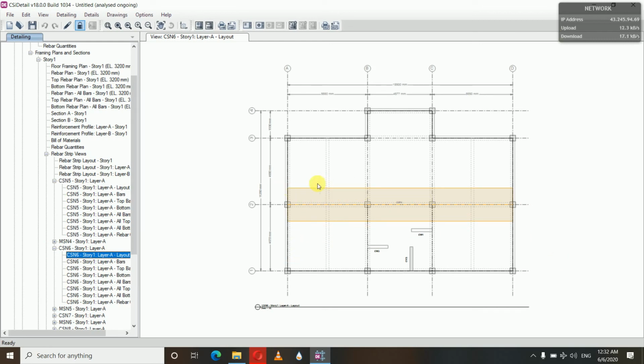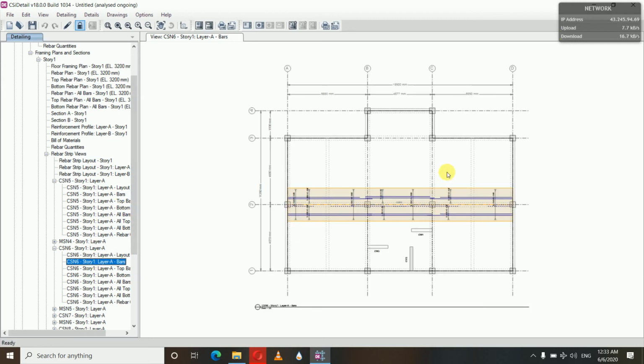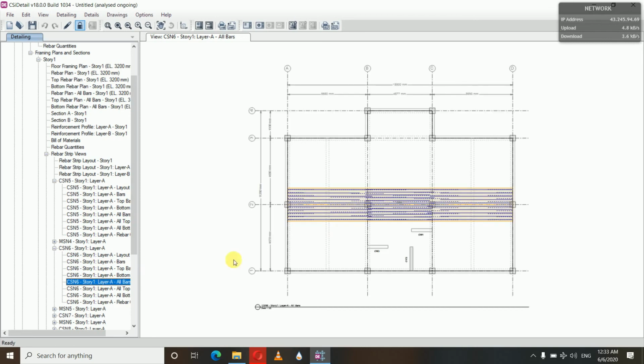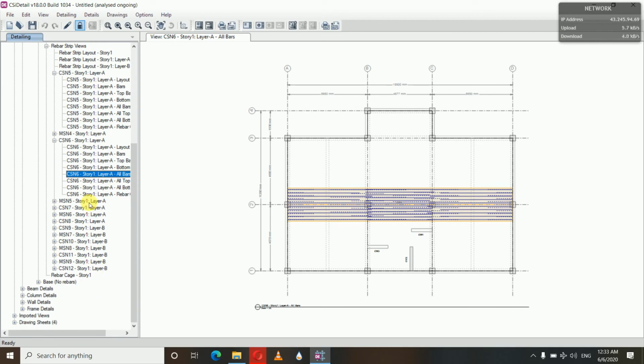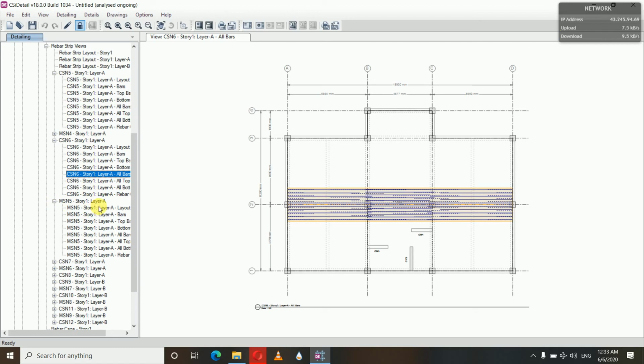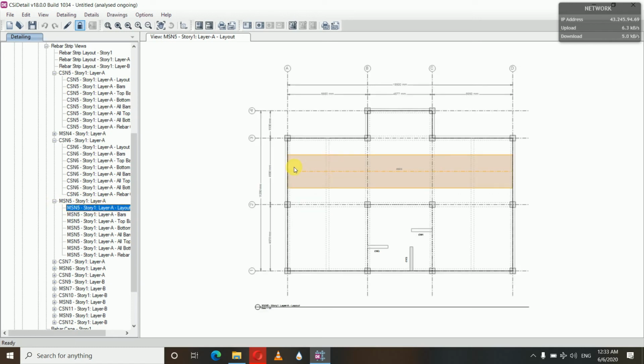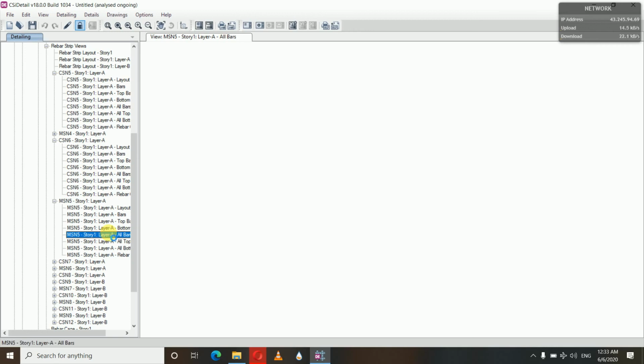Every zone has the corner and middle slab, and this is the bar for that zone. Now you can see the top bar, here you can see the middle bar, and here all the bars in that zone are shown. In this way you can see the corner bar and middle bar. If you want to see the middle slabs, you can see the slab zone in the middle. This is the layout of bars of that middle slab. Similarly for the top bars, for the bottom bars, and this is for all bars.